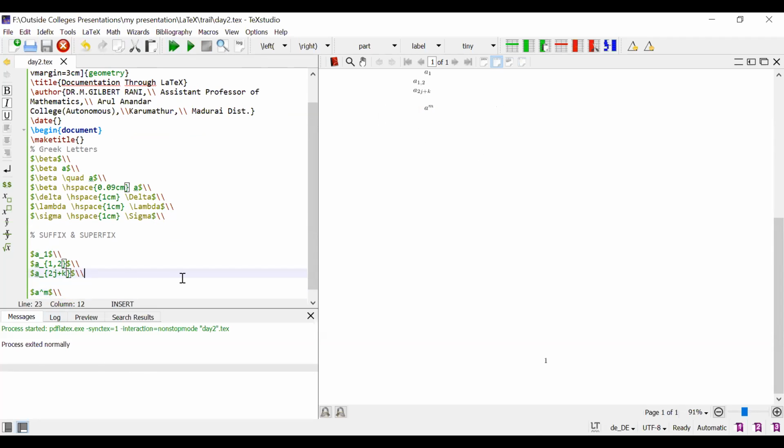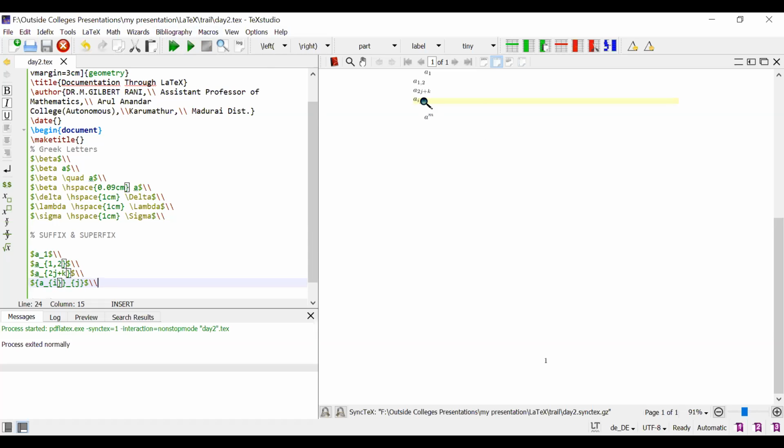Okay. In this part, I want to add one more thing for a suffix. Suppose we want to perform suffix of suffix. That is A underscore, just put a brace, I. Again, we use one more brace, use underscore, and the suffix of suffix element, that is J. Okay, using this symbol.